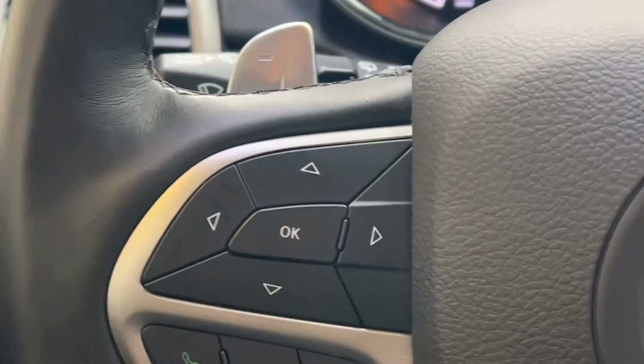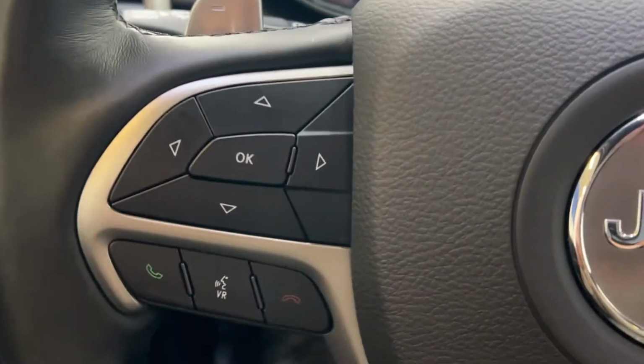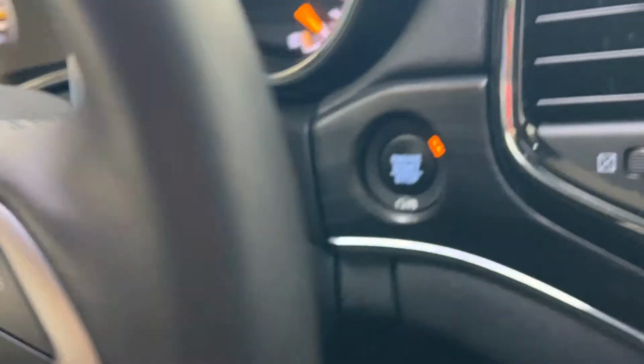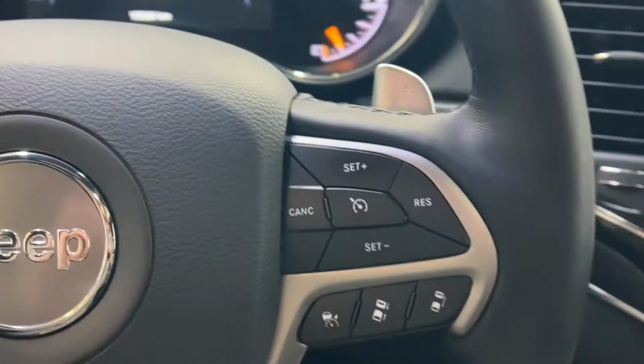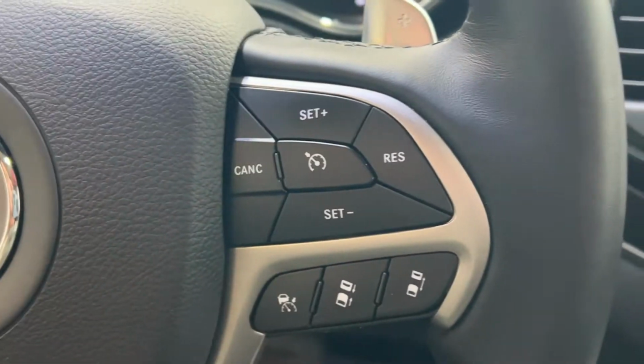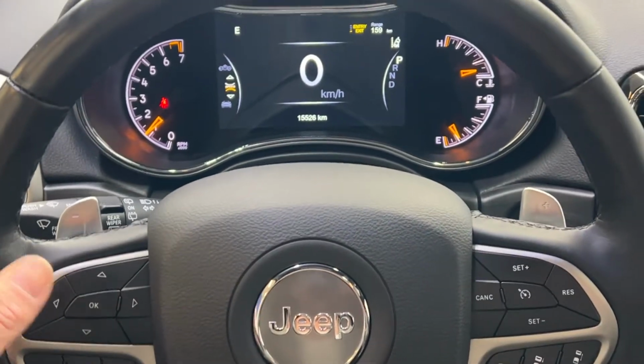And you also do have the multi-directional pad on the left-hand side of the steering wheel, the voice recognition, answer and hang up, the paddle shifter on the back, and then also on the back you do have the volume rocker, and on the right-hand side you do have the skipping and seeking. On the right-hand side of the steering wheel, you're gonna find your cruise control settings, and you do get the adaptive cruise, which is super nice, the upshift paddle shifter, and now using the multi-directional pad, we're gonna go through